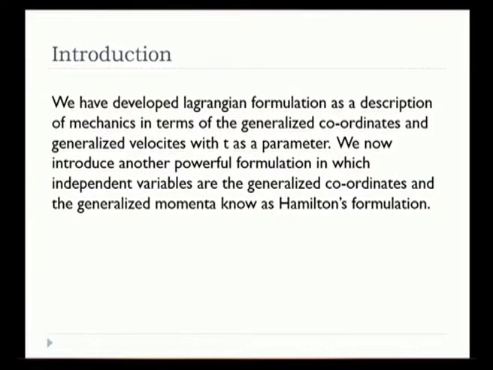Introduction. In the earlier lecture, we learned the development of Lagrangian formalism. We know Lagrange's equation is nothing but d by dt of ∂L/∂q̇j minus ∂L/∂qj is equal to 0. This is the Lagrange's equations of motion. To get these Lagrange's equations of motion, first we need to find the Lagrangian of the system. Lagrangian of the system is nothing but L is equal to T minus V, where L is the Lagrangian, T is the kinetic energy of the system, V is the potential energy of the system.